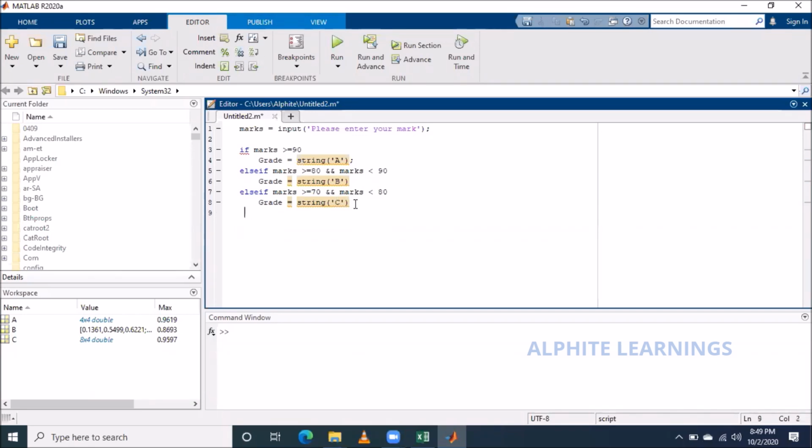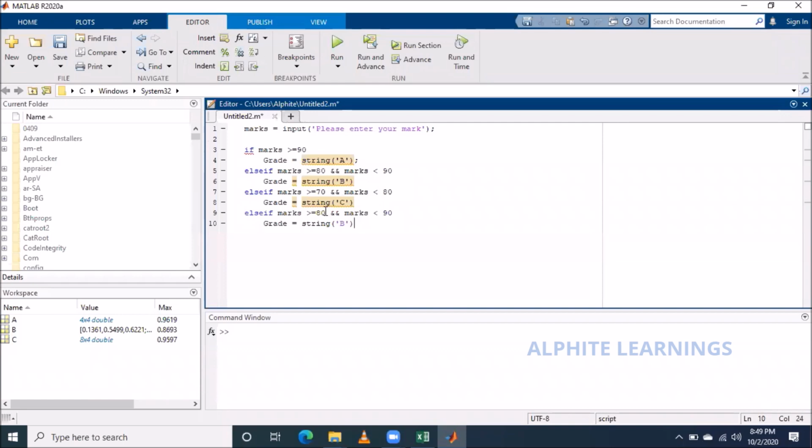Same way, 60 to 70, he got D grade. And we'll say if he gets less than 60, he fails. Okay, so that is my last.